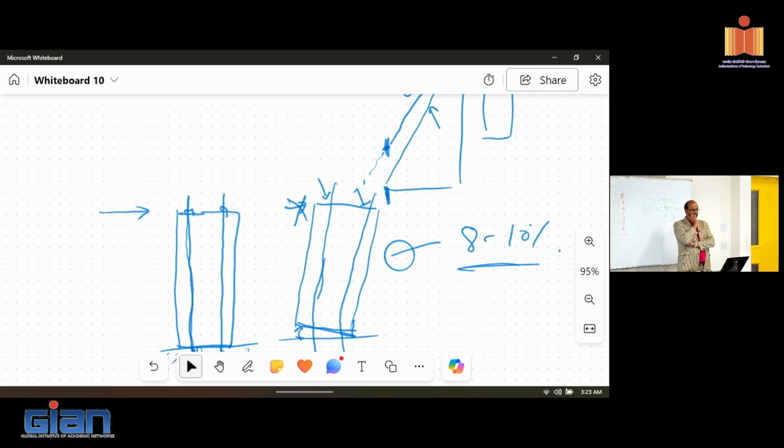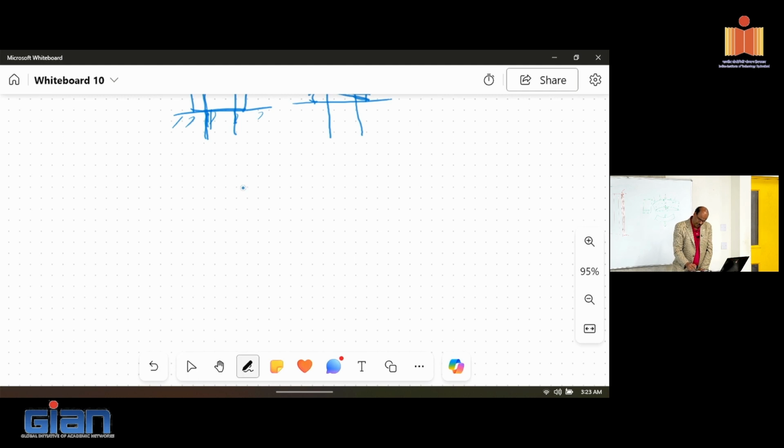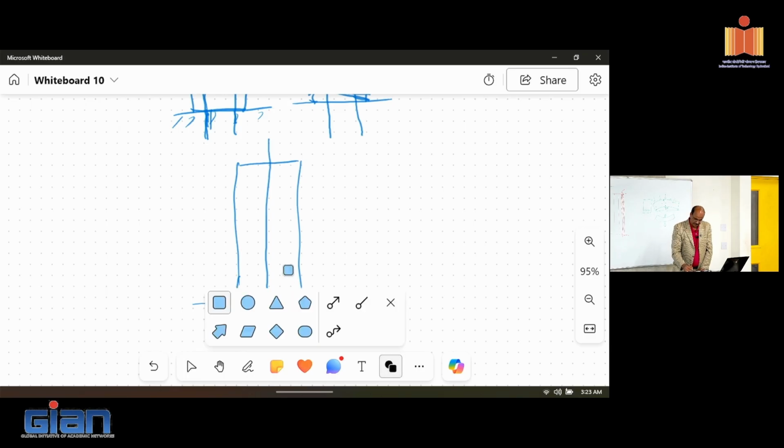Maybe the 8 to 10% may not be adequate. You may need additional dampers. So if that's the case, we have the hybrid connection concept. This is basically a jointed connection with unbonded post tensioning. People did this, and we have developed some dampers as well. If that's a concern, you could move the post tensioning to the middle and then put